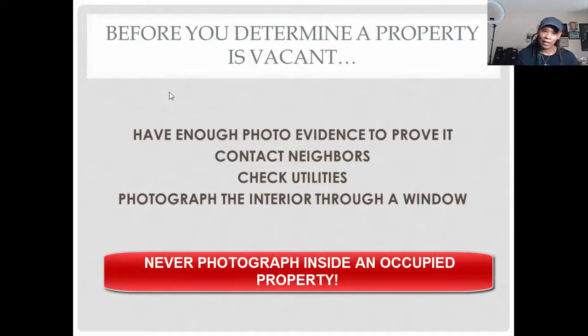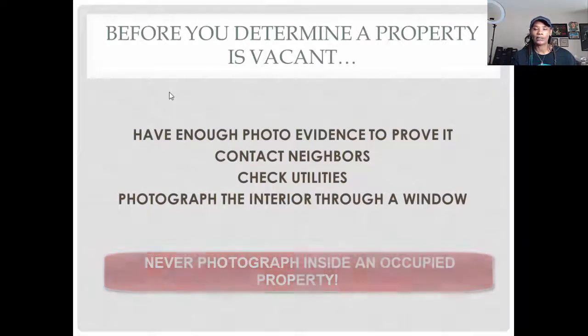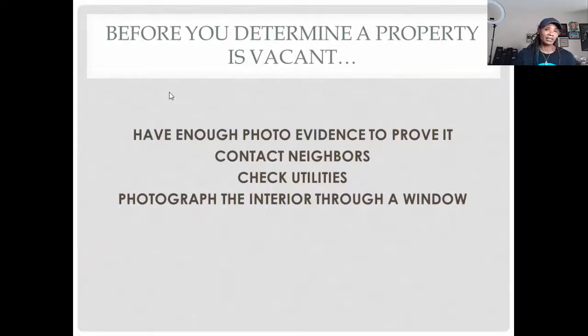Never do that if it's occupied. Okay, never do that if it's occupied. But if you are determining that a property is vacant and you can clearly see on the inside that there's no personal property, then photograph a picture through the window, because the more photographic evidence that you have, the better your chances are of